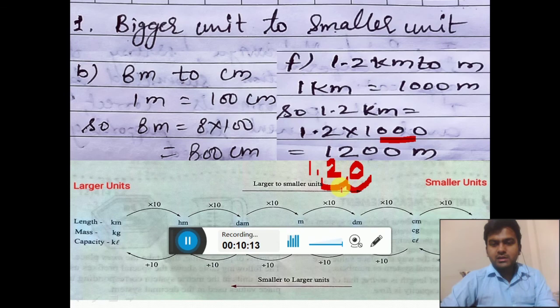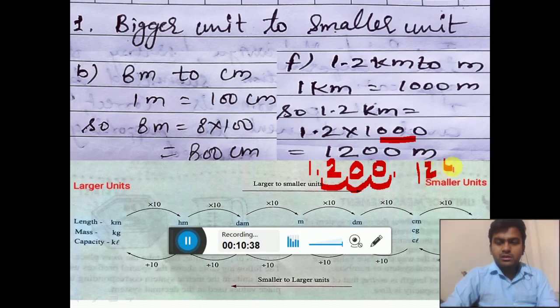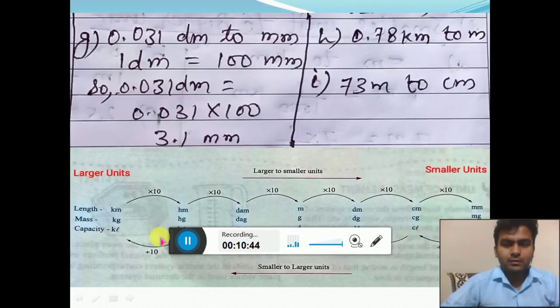Now one place, 2 places we move, third place. After the second place also we do not have a number, so we put the 0. So here the decimal point we have to put after 3 places. So in our answer, this decimal point will be removed from here and it will come after this second 0. So after the second 0, what number are we getting? 1, 2, 0, 0. So our answer is 1200. Next question.